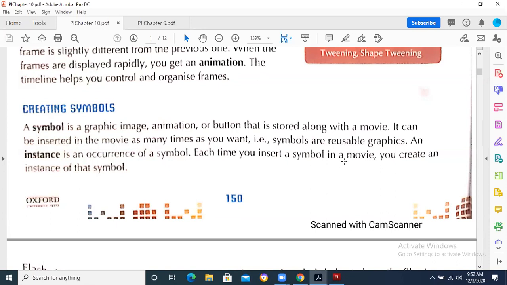So what you need to do, the most important thing, is that you have to do some practice. So now it is a friendly assignment to all of you. It is not a formal assignment, but everyone should draw one animated poster for New Year. Either you take your image with Happy New Year or with greetings like that, you draw some good borders, give a background color, take multiple images on multiple layers, and try to draw the animated poster.